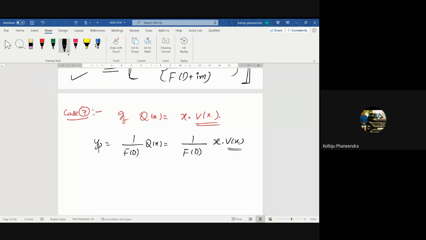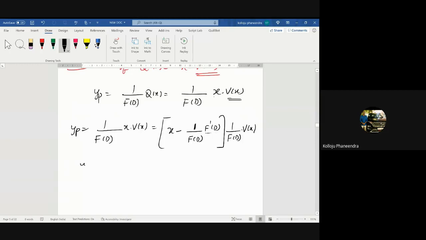model. But there is one short formula that was derived. I'm giving that. What is that? Once again, I'm writing this one: yp equal to 1 by f of d into x into v of x. This formula is x minus 1 by f of d into f dash d. See, don't write f dash d in this place. Here only you write. That means first I have to operate f dash d, then 1 by f of d into 1 by f of d into v of x. 1 by f of d into v of x is applicable